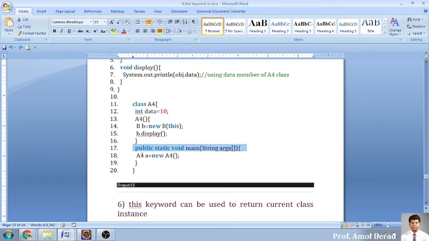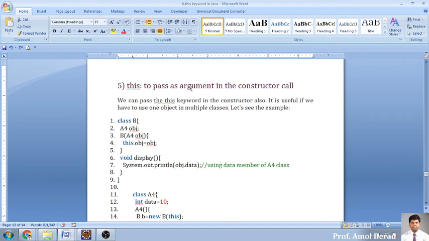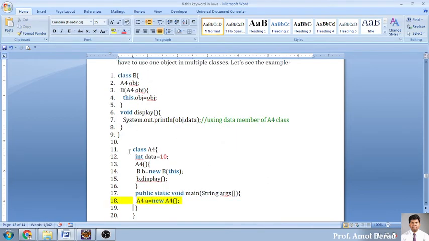Now this will be entering here. Main intention of this program is very simple. You need to pass an argument in the constructor call. So you will be creating an object first of a4. What is a4? This one, same class. Okay, and in here we will be calling a constructor, and this is the constructor. Okay, this is a constructor, and into this it is 2-line code.